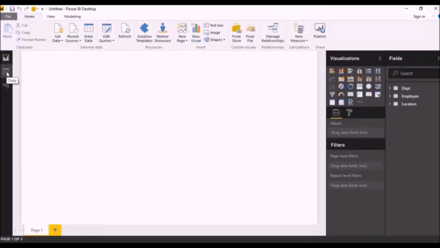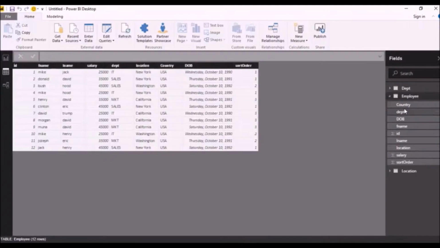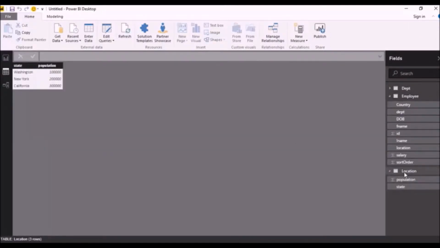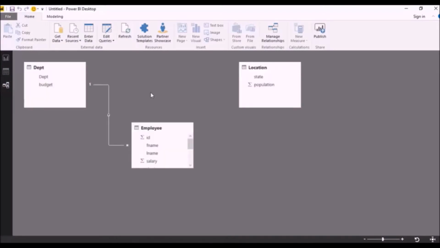Here you can see we have 3 sections: import section, data section, and relationship section. We can see the imported items over here. Here you can see 3 entities: department, employee, and location. In relationship section, you can see the relationship Power BI has automatically created. It has automatically created a relationship between department and employee entities. On department column, employee and department entities have department field or column, so it has automatically added a relationship between